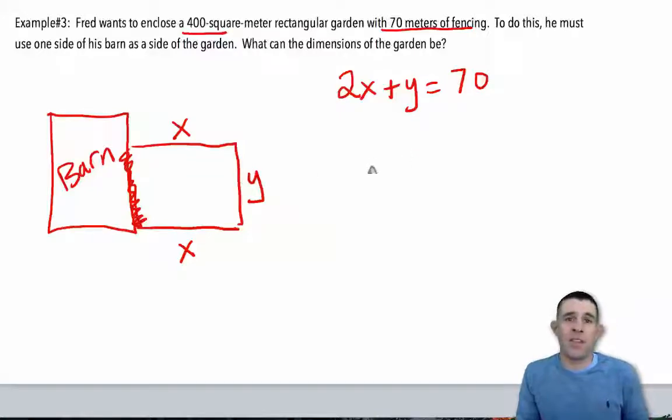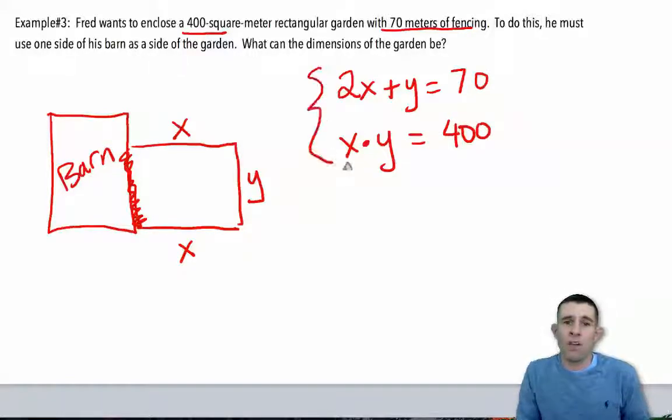I also know that the area of this barn needs to be x times y, and that needs to be 400 square meters. So in order to find the xy ordered pair here that meets these requirements, I'm looking for the solution to this system. So to find the solution, I'm going to graph both of these equations on my graphing calculator and find their